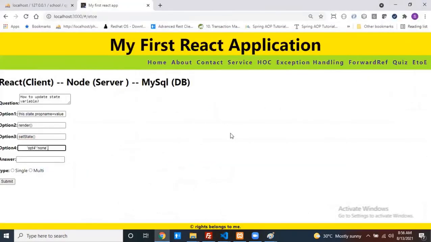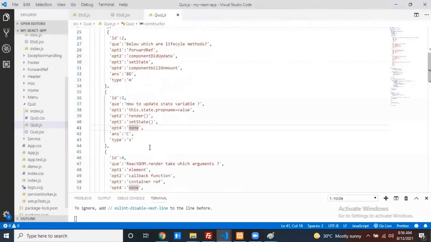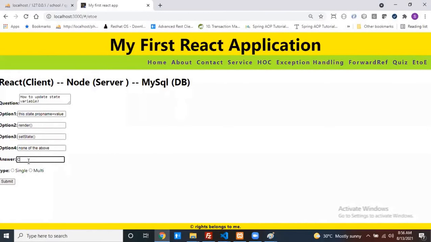These are the four options. Okay, none of the above. The next one is C and S. This is C, and single is nothing but S.